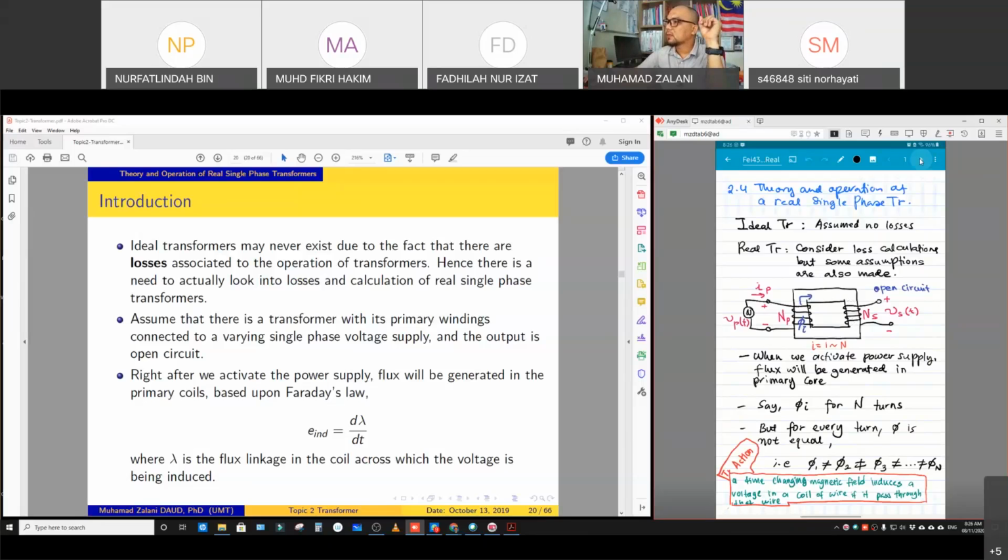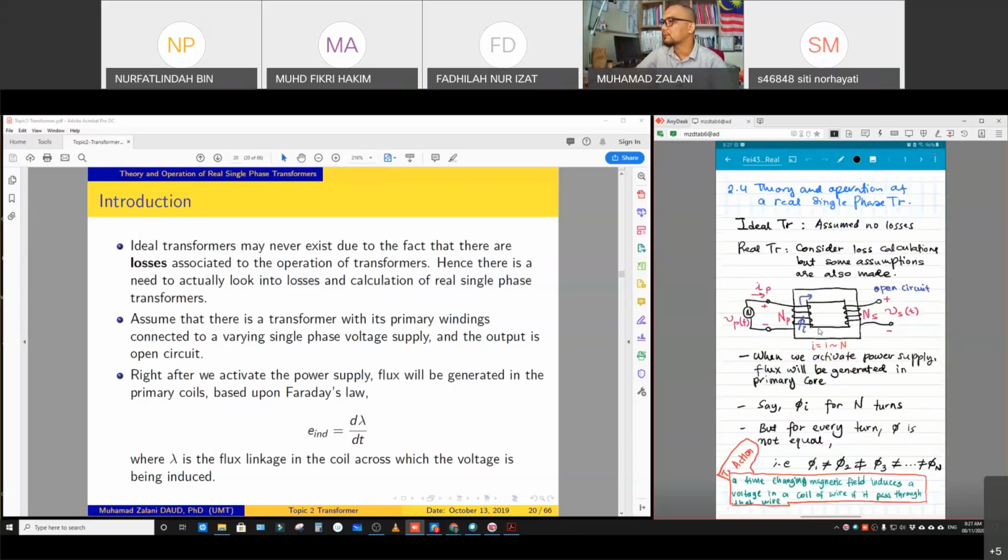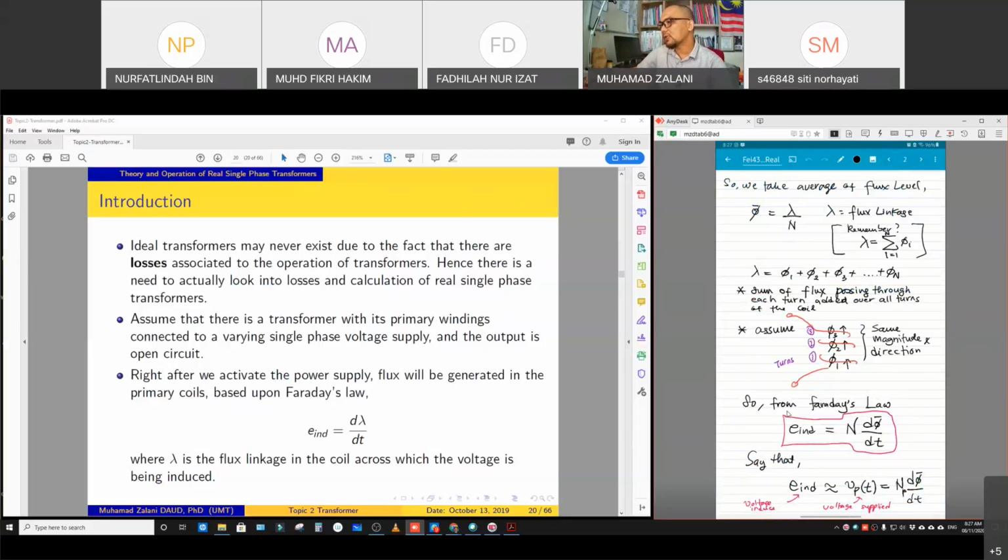Okay, so sort of thing about transformer. So here we can use the formula based on Faraday's law, which is induced voltage. Induced voltage at the other turns, basically induced voltage because of flux changing in this turn. So is this induced voltage the same as the voltage here? Let's see. So induced voltage by Faraday's law, induced voltage is N